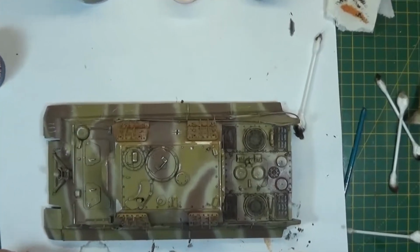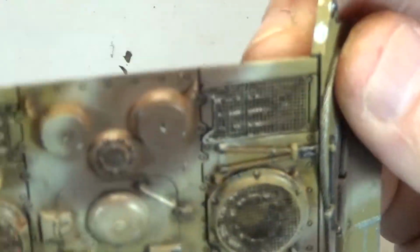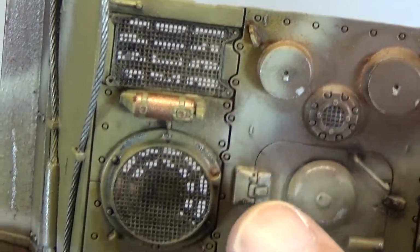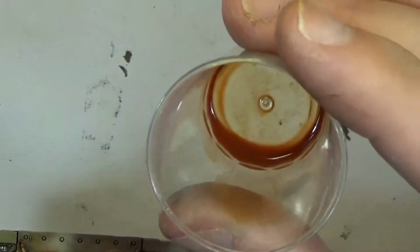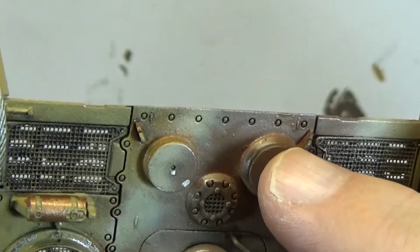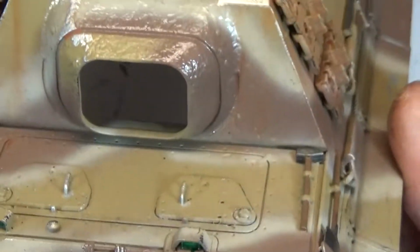The model's still a bit shiny, so we'll zoom in a bit and have a look. So on the back here I've used mostly the black, and we've put some into these grills, into some of the recesses, and then we've just taken it off with some cotton buds, bits of rag, and then we've gone and done the same with a little bit of burnt sienna with a little bit of odorless thinners, and we've done the same again. We've gone around, we put bits of rust around the edges of these, got some rust streaks down the side there, got a couple on the front,